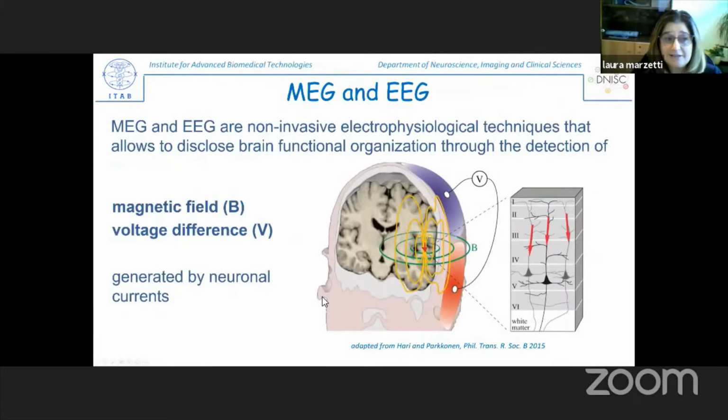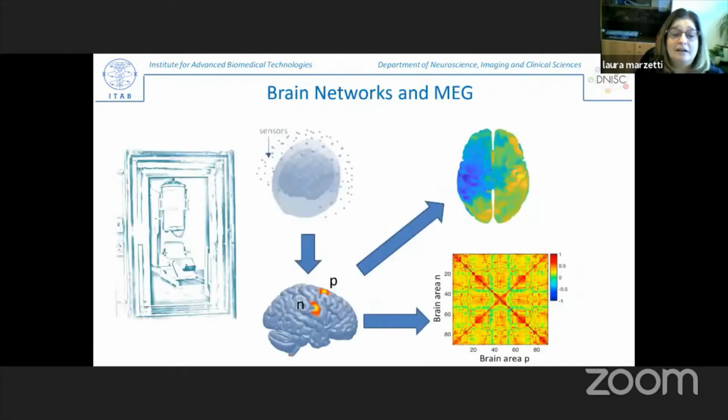But having said this, now we want to concentrate on MEG and EEG, and we all know that what these two techniques can give us is, on the one hand, the magnetic field, and on the other hand, the voltage difference at the scalp level generated by neuronal currents. And this is something that we can exploit, similarly to what was done in fMRI, in order to derive brain level information